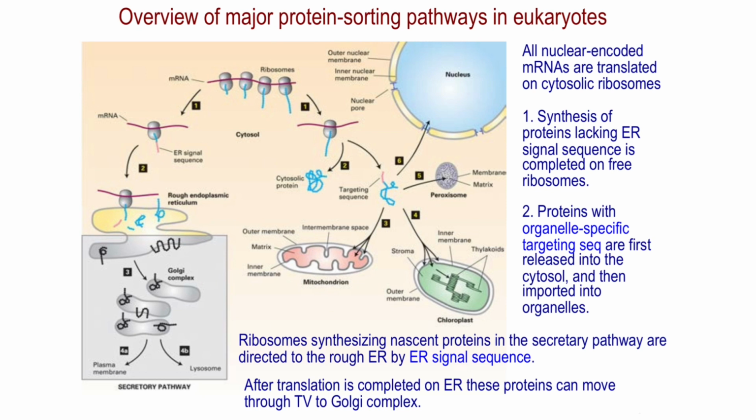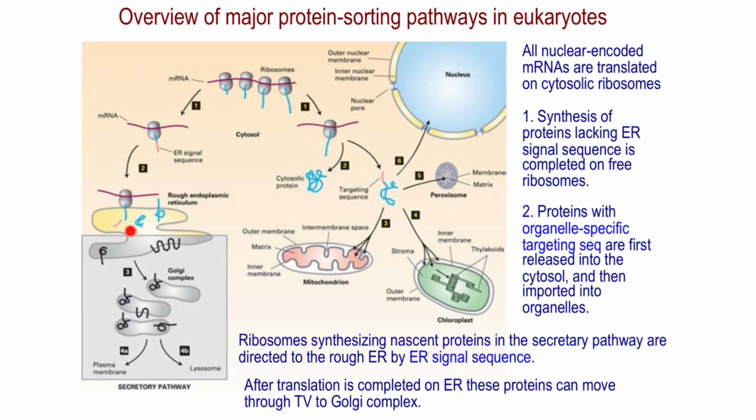Here we see messenger RNA. Here is one ribosome, second, third, and fourth. Here is the 5' end, and the 3' end here, and you see ribosomes move from the 5' end to the 3' end. The ribosome which attached first now has a longer sequence of amino acids than, for example, this ribosome. If within the first 30 amino acids there is a sequence which we call, for example, an endoplasmic reticulum signal sequence,